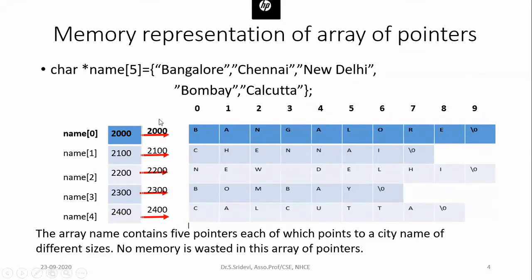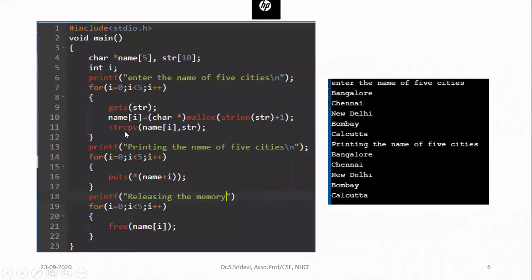Now you have to store this address in this place. In name of 0, you have to store this address. That is what we are going to do. So this name of 0 is nothing but a pointer. There we are going to store this address. Now let us see how to do that. It is returning to you the address that is allocated. For storing the first name, you store that in name of 0. When you are starting, I is 0, so I am storing in name of 0.